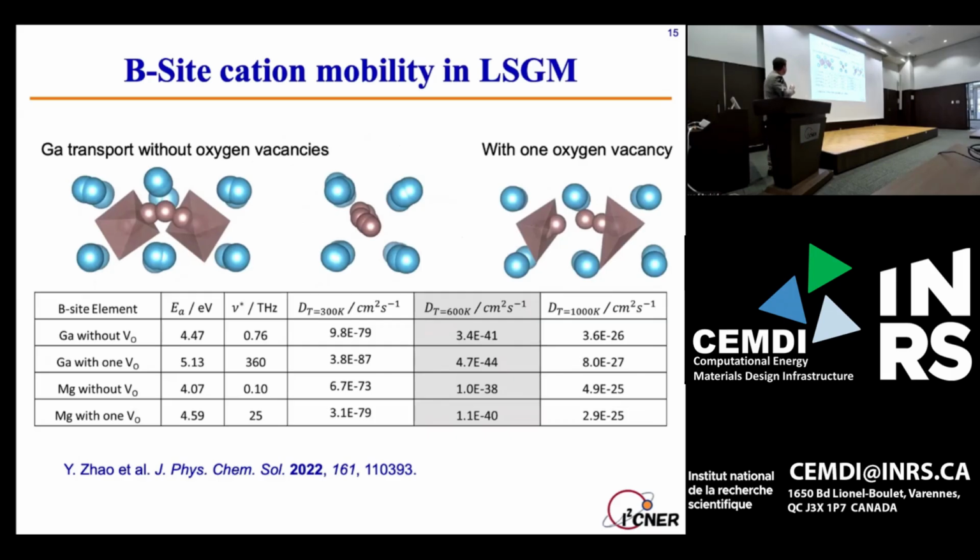Now, a B-site should jump between two neighboring sites, passing next to a lattice oxygen. This will require a curved pathway, and it would be quite intuitive to think that if we remove that lattice oxygen in the middle, we have a vacancy in the middle, we will have, first, a lower activation barrier, no steric hindrance, and second, a straight pathway between both sides. However, even with a vacancy, we have a curved pathway, and once we have a vacancy, the activation barrier increases,